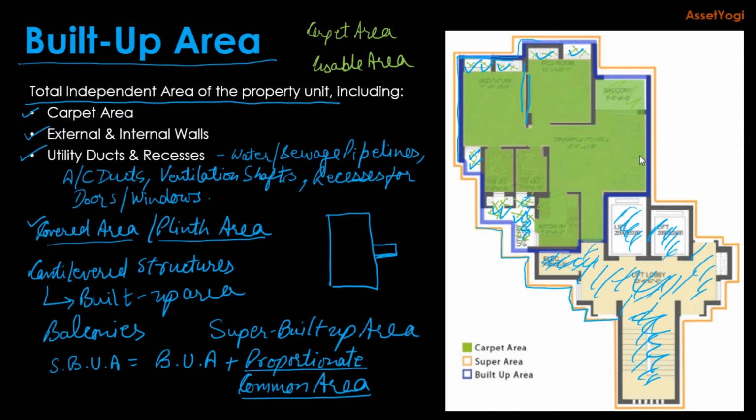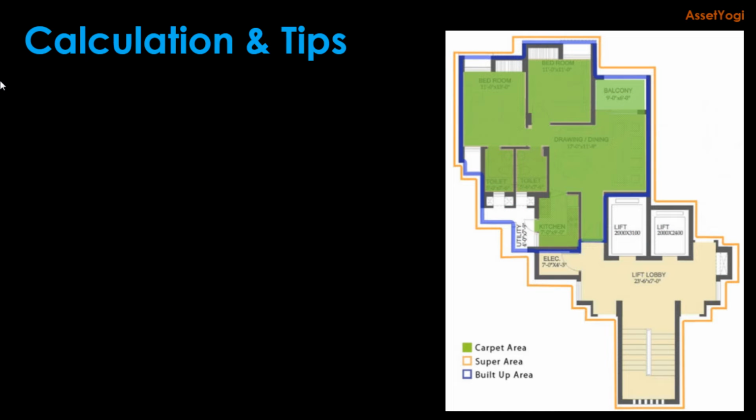Now let us see how to calculate these areas. Now to calculate built-up area, first you have to calculate the carpet area. And you can calculate carpet area from the layout. Basically, you can add up all these areas. Let's say area of this bedroom, dimensions are given in the layout. So this bedroom, then you can add the balcony, area of the living room, area of these toilets, then area of the kitchen, and these areas are not given. So you can make a rough estimate of these areas, this one and this one. So these two areas are not given, dimensions are not given. So you can make a rough estimate of these two areas.